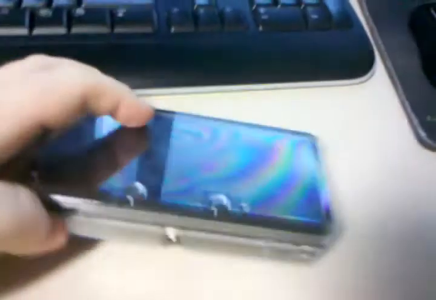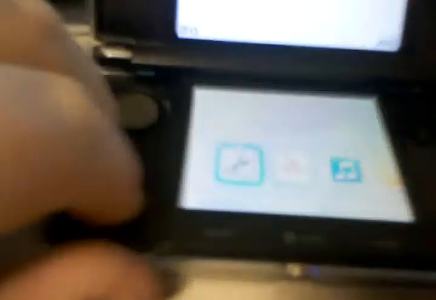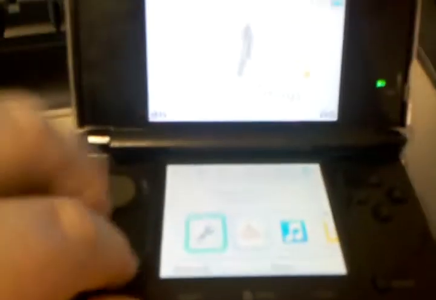Okay, DRF here, and in this video I'm going to show you an obvious glitch that I found in the 3DS. Basically this involves transferring Wi-Fi settings. You might ask why you'd need to, if you can just set it up again on another console. Well, basically, games like